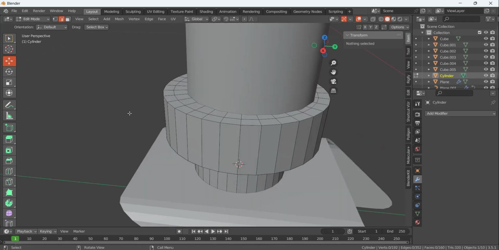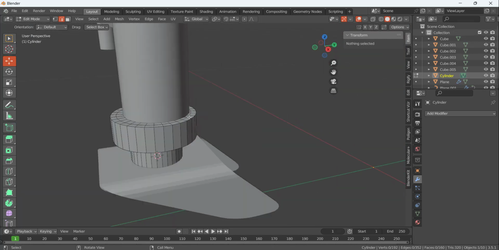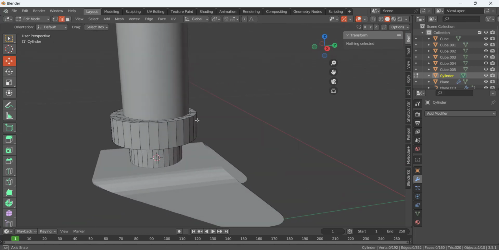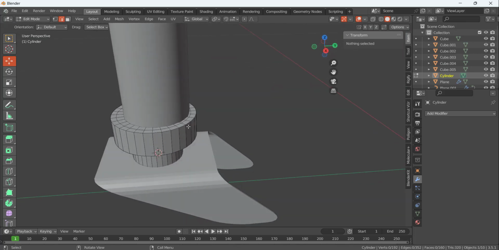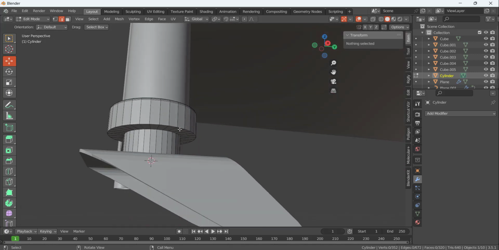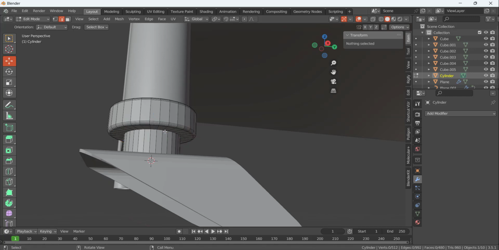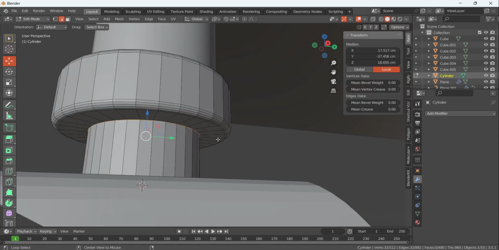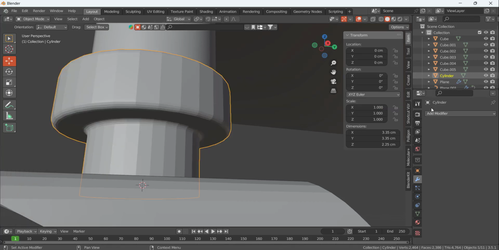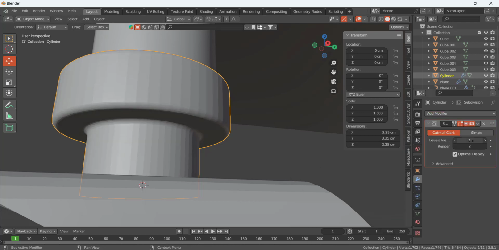Okay, it's looking good. I'm going to press 2 and select this loop and Control B to bevel it like that, and also select this Control B to bevel it. Also select this loop, Control B to bevel it like that, and let me try to use the subdivision surface